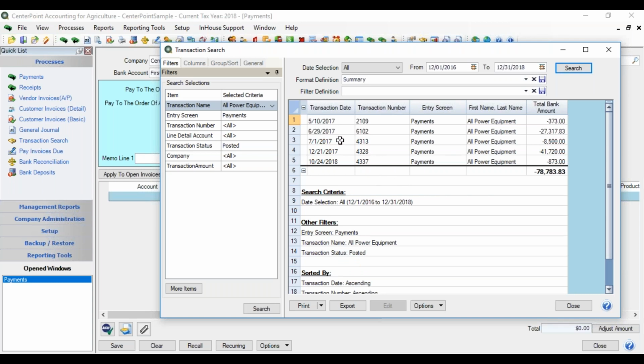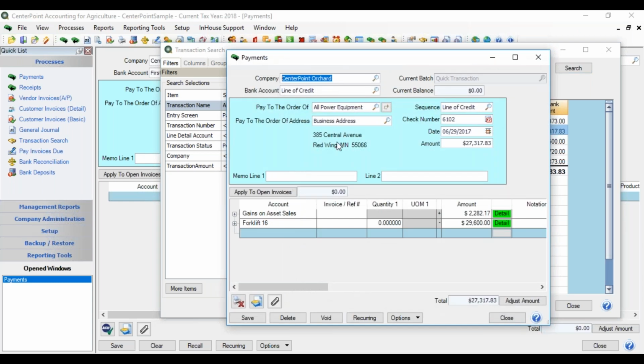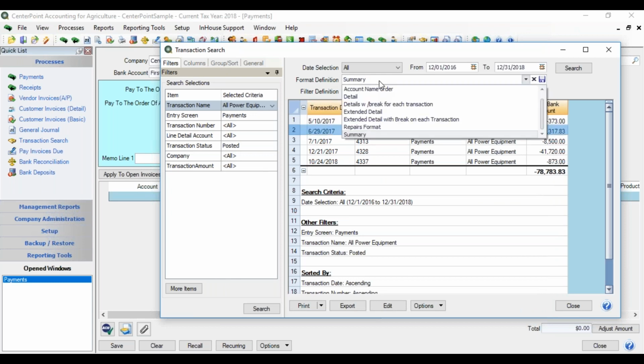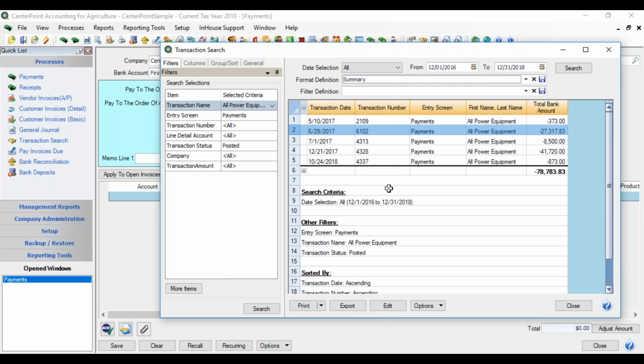At this point, we can double-click on any one of these entries and bring up the entry screen. You could make any changes, again, resave the transaction or delete or void the transaction. You have all of the tools available here as the same as search. It is a search screen, so you could also change the definition that you're using or any of the other